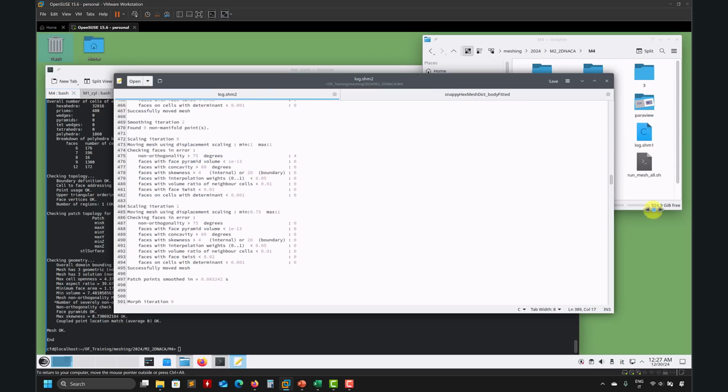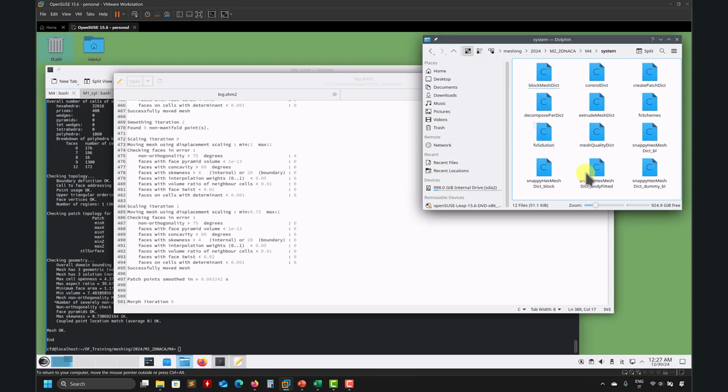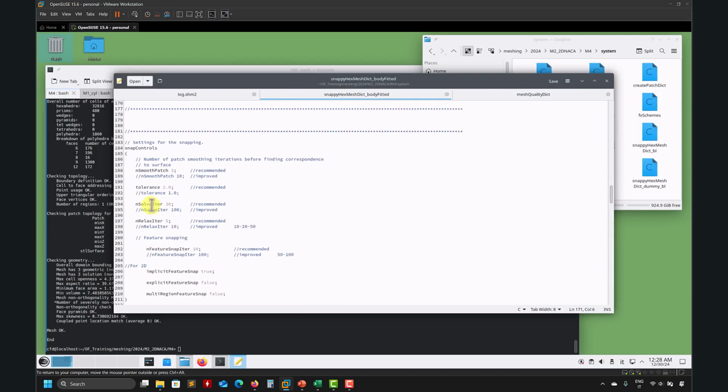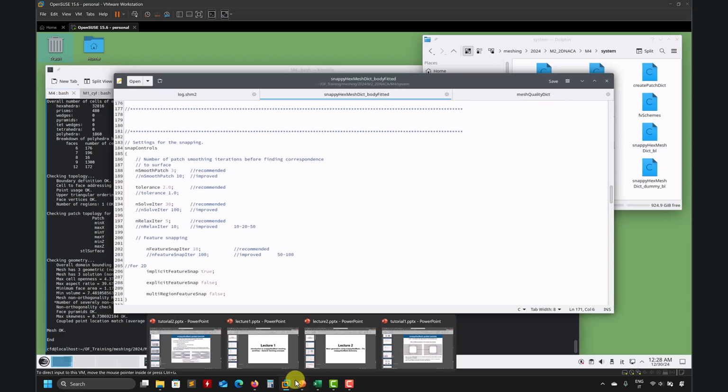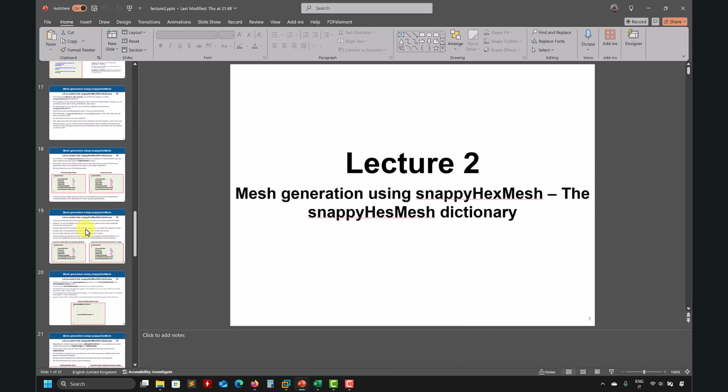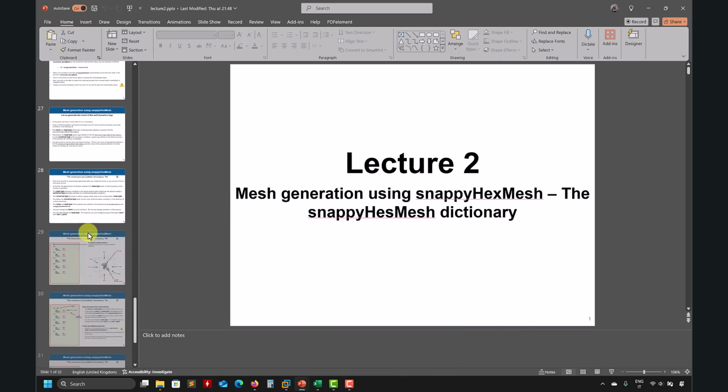Try to act on the mesh quality dictionaries. Usually changing a parameter here and there, or increasing one option here, can help you a lot. Now the last resort will be to modify the source code. Look at the source code. By the way, if I recall, in the slides there is one where I point out the location of